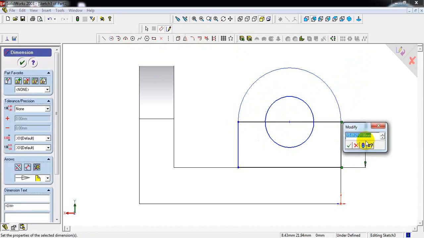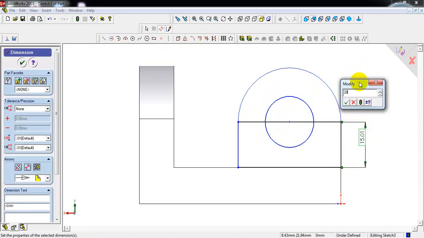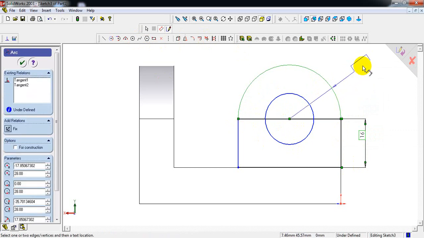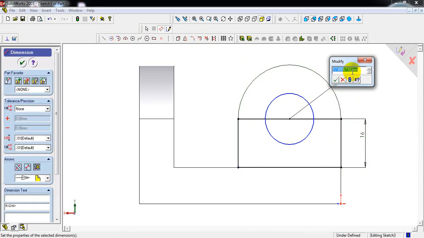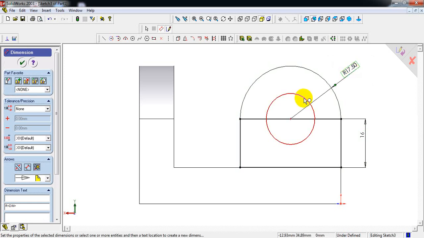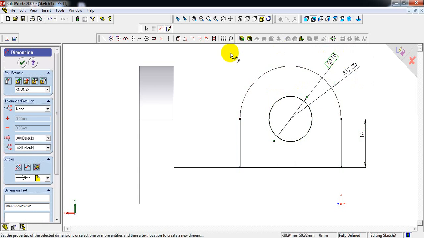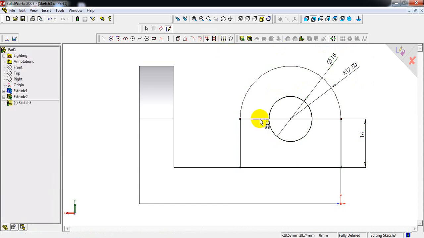Height is, in previous we have seen 28 minus 12 is 16 mm. Next, do the dimensioning for the arc. Radius as 17.5 mm. Diameter of the circle is 15 mm. Okay, select sketch trim. Trim this horizontal line.